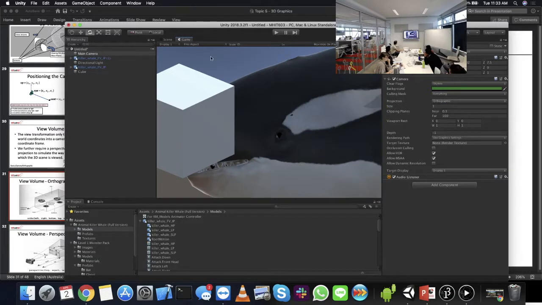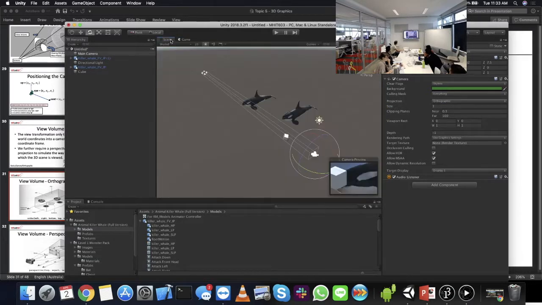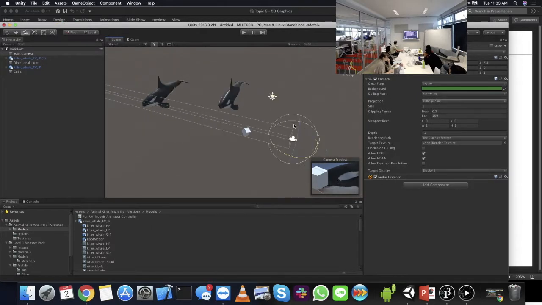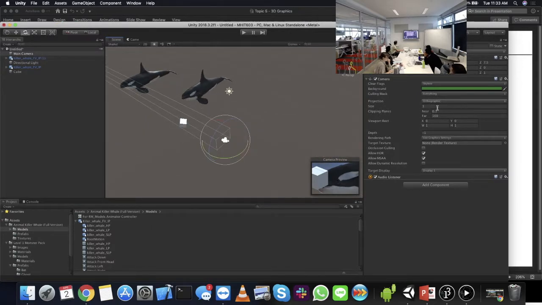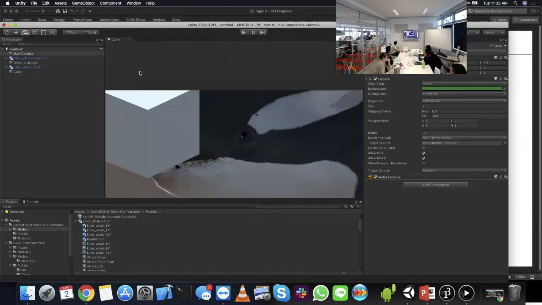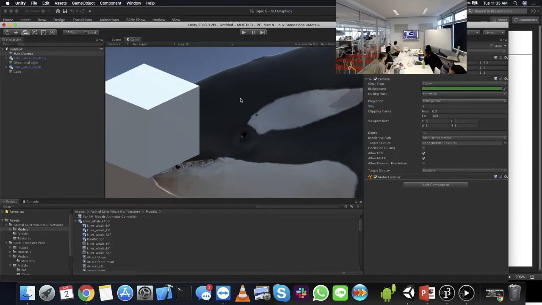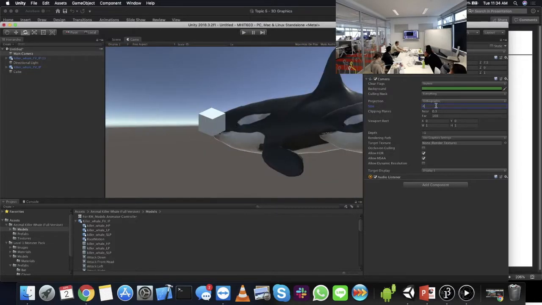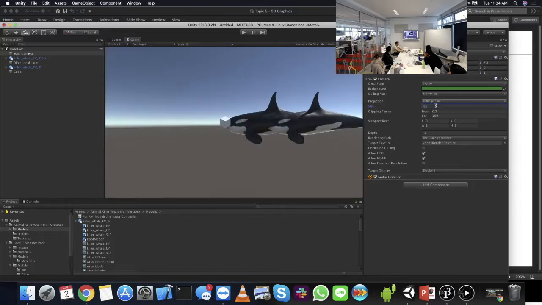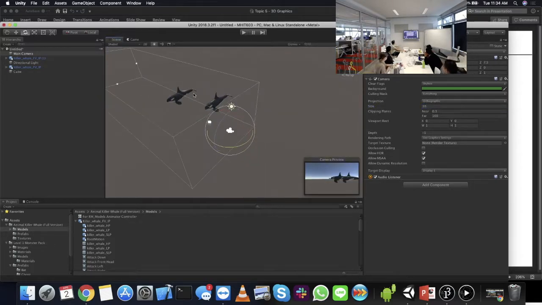So we can see, because of the weird way that the orthographic projection works, effectively changing that size is kind of like zooming in. If I add size 1, it looks like that cube and orca are really close, but as I make that number bigger, they actually get smaller and smaller, not because the camera's moving or the objects are moving, but because